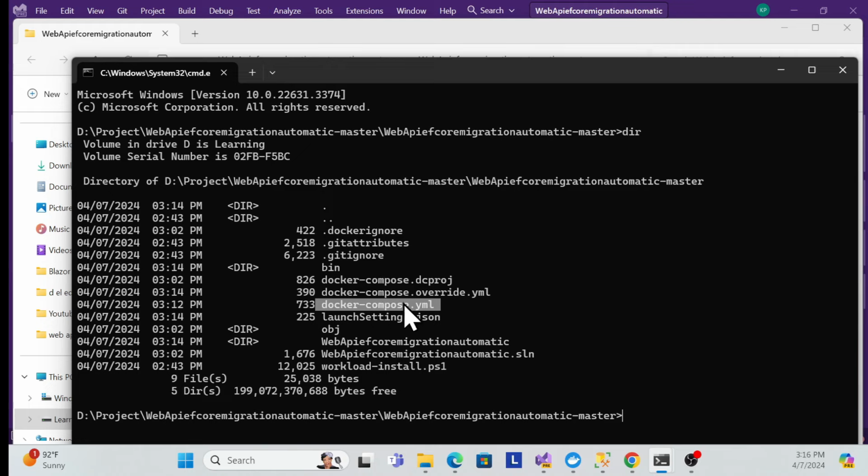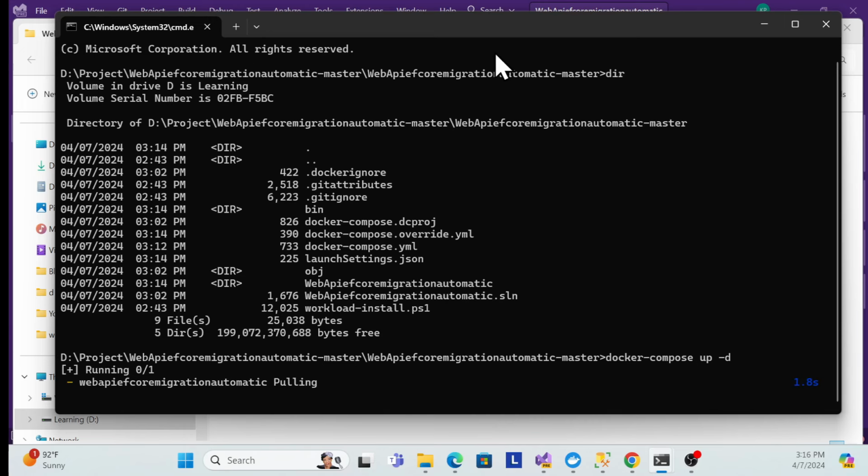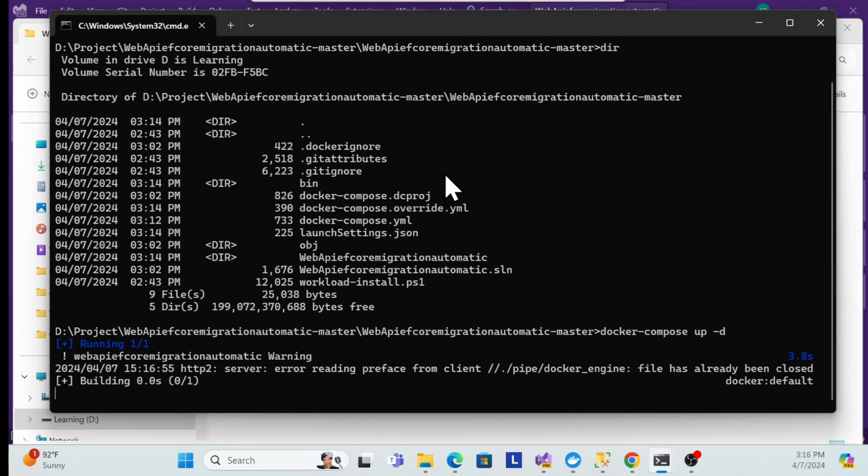So this is the root directory of this location, so that we need. Once you have this location, what you need to do is simply run docker compose up, and then detach. I'll just use the detach option, and once you start the run, now see,